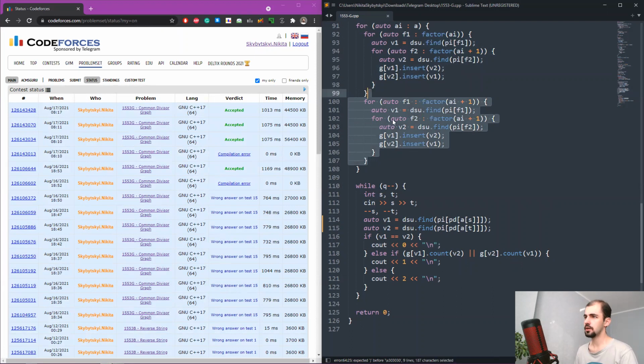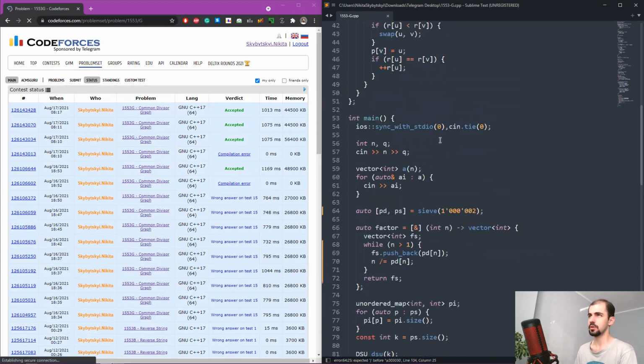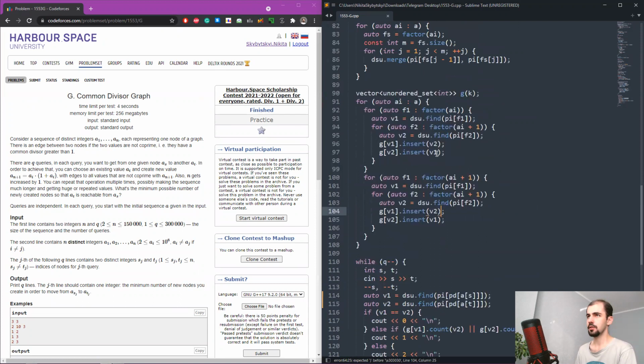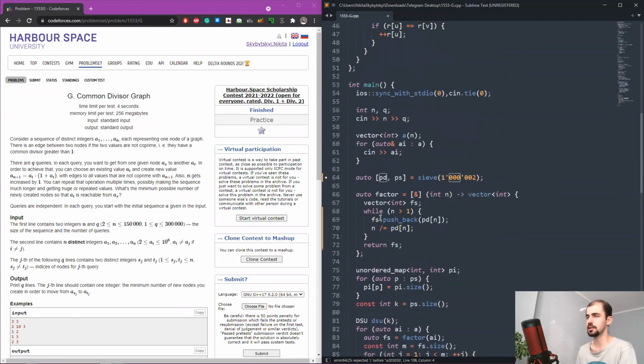Eventually I realized this mistake, that I can connect by using a different vertex that is not related to either P1 or P2. And I had to do this thing. So this was a very nice problem. It's 2700 rated, but as you hopefully have seen, all ideas are very reasonable. Implementation is rather simple. The only non-trivial ideas come here when we change the graph, and everything else is something you may want to learn in case you don't know about DSU, connected components, Eratosthenes sieve, quick factoring with sieve,